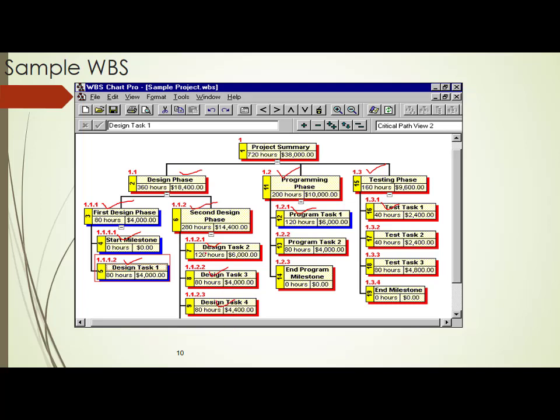Observe that in the work package I am also mentioning the hours and the total cost. So here also I am mentioning the hours and the total cost. Here also I am mentioning the hours and the total cost. So these work packages contain not only how many hours are required to perform that particular task, they also contain the cost required to perform that particular task. So this is a simple example of a work breakdown structure.